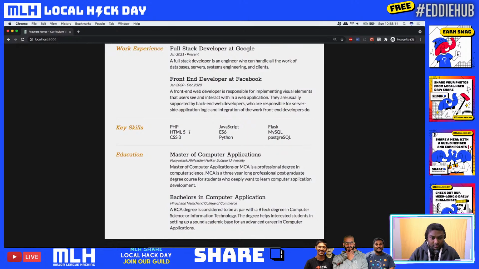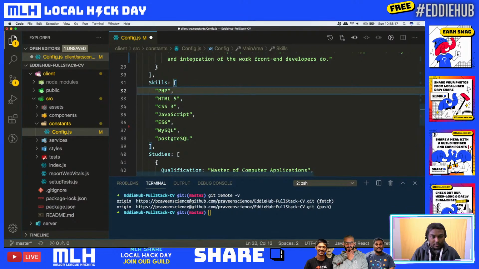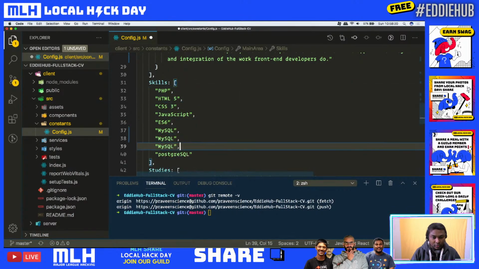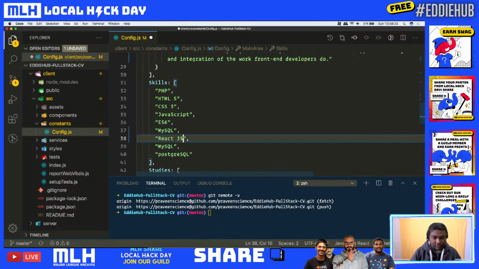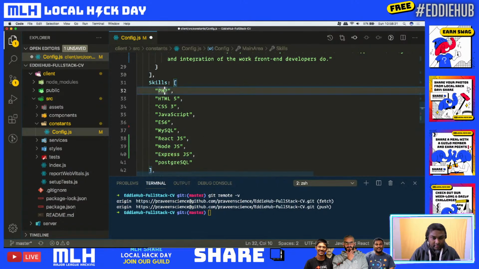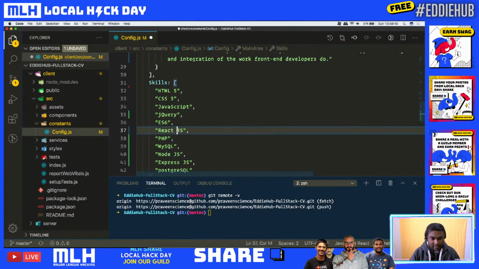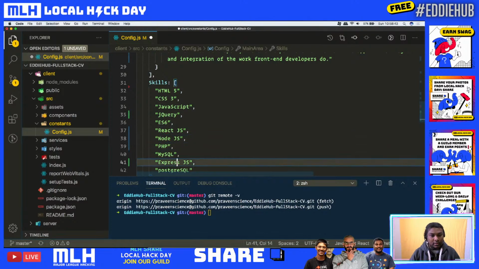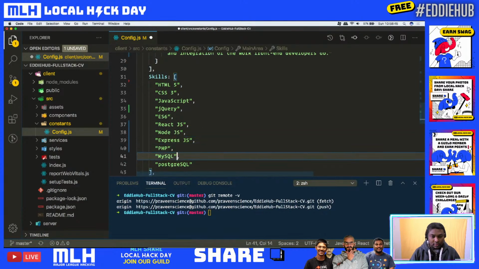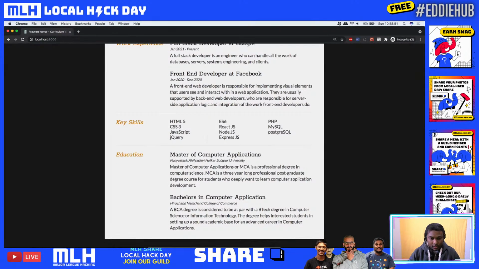Yeah, so this is almost similar to mine, except Python, Flask, HTML, CSS, JavaScript, MySQL. We can add React and Node.js, React.js, Node.js, Express.js. Cool. So all I need to do is make it correct order. So HTML5, CSS3, JavaScript, jQuery, ES6, React, Node, PHP, MySQL, Express, PGSQL. Cool. That works. Bam. So education,